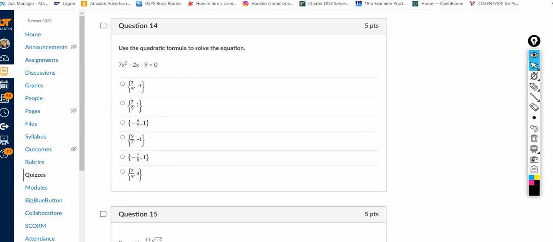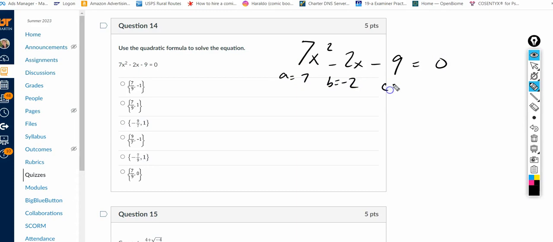All right, use the quadratic formula to solve this equation. So once again, they don't have anything in common. So A is 7, B is -2, C is equal to -9. So the answer is going to be